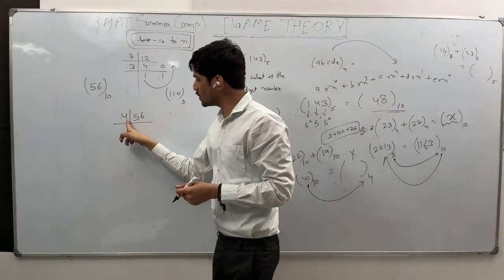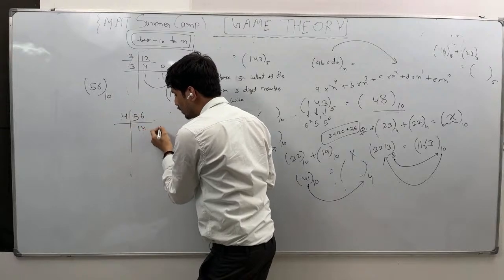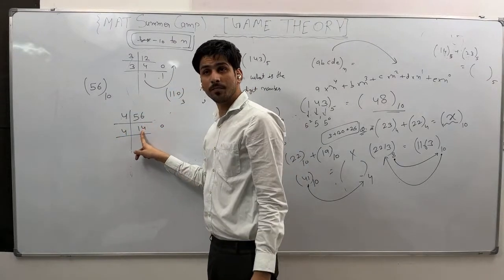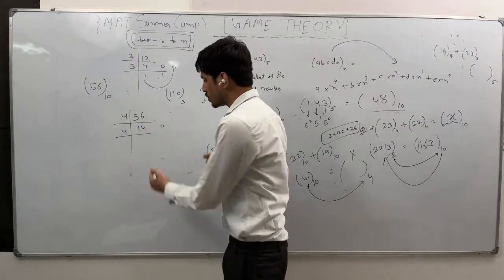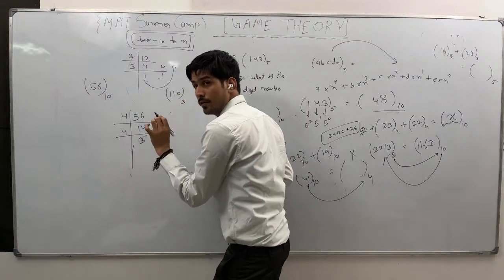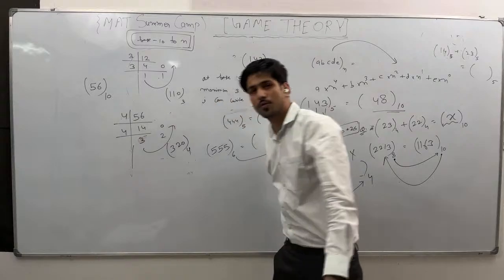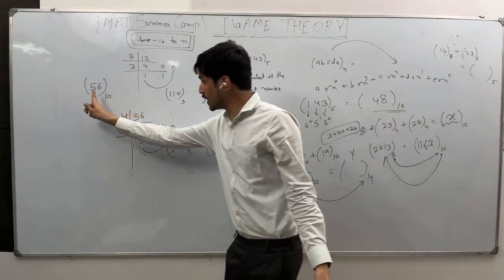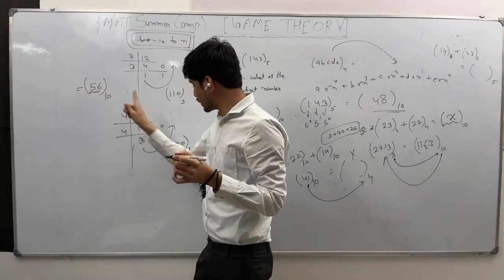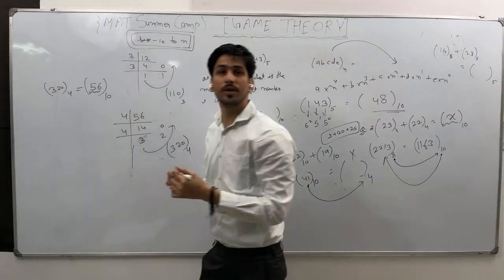So first step is, I'll divide that number by the base. So 14, what is the remainder? 0. Again divide by 4. Quotient will write here, remainder will write here. Okay. So 3 times, remainder is 2. Now we cannot divide, right? So 320. 320, what will be the base? 4. Because base 10 was already there. It means if this 56 is corresponding to base 10, then this is corresponding to base 4. Is it clear?